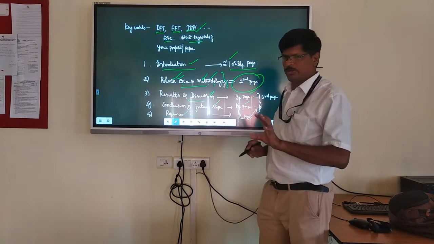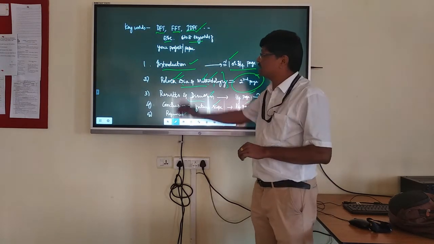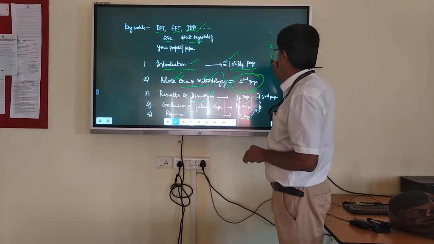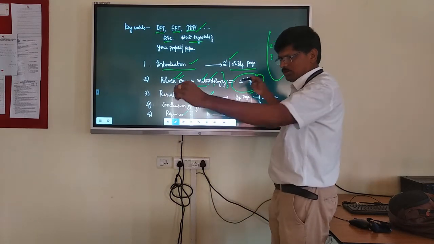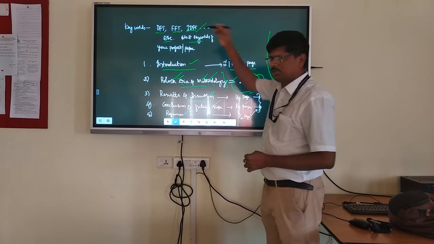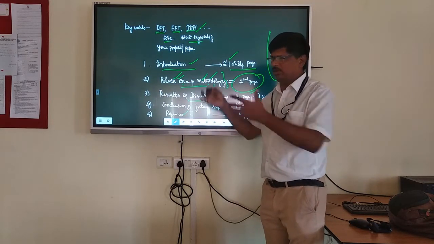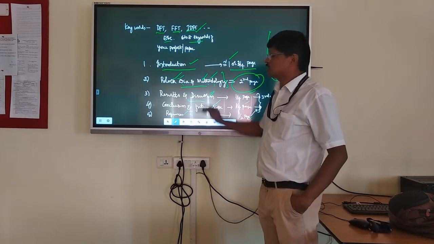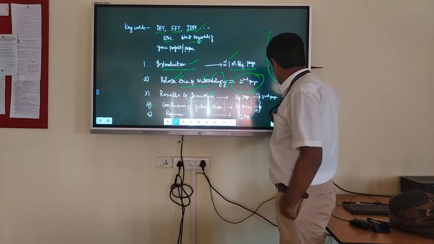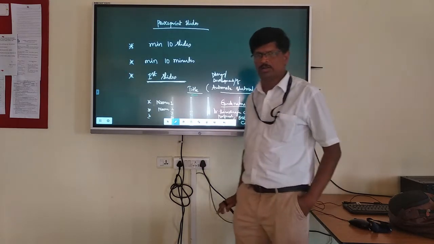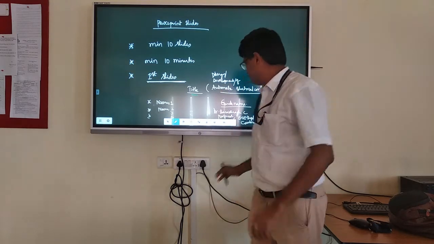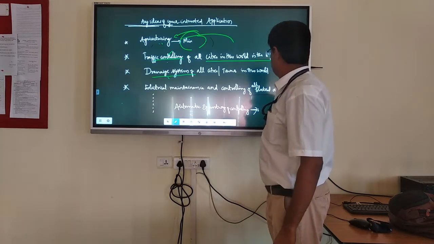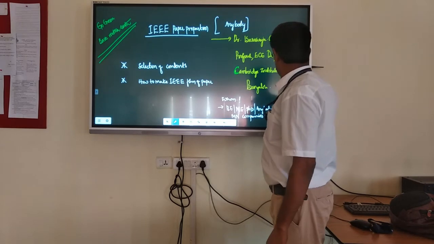Maybe a quarter page, half a page. What are the things you will refer to? Page numbers, books or references that you write inside. In the literature survey you are writing, and there you write those references. That's all for this paper. This is how you can present your paper, as an IEEE standard paper. Like this, an IEEE standard paper.